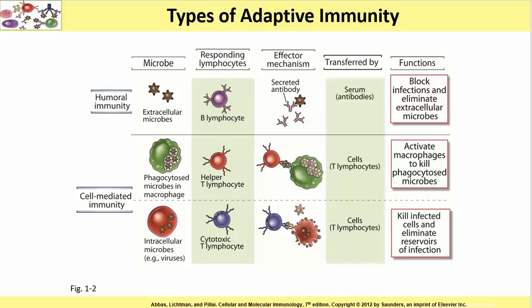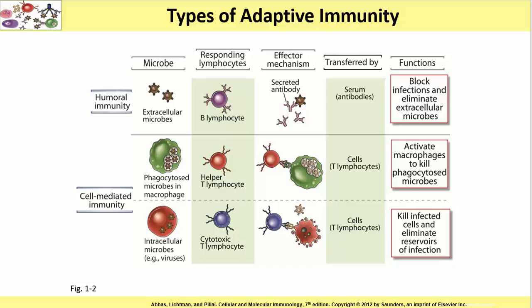Either one, they activate the helper T cells. The helper T cells are used to coordinate the attacks of everything else. They co-stimulate the cytotoxic T cells. The phagocytized microbes in the phagocyte make that phagocyte something called the antigen presenting cell, and so they present the antigen primarily to